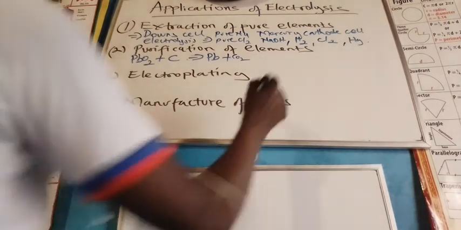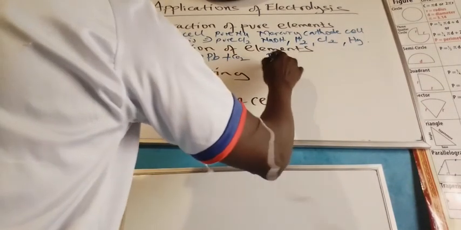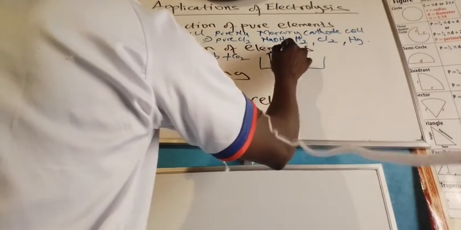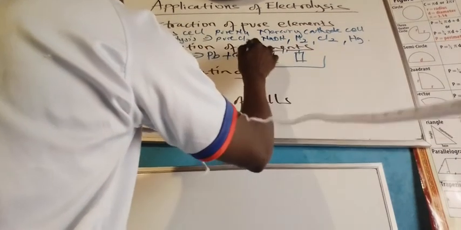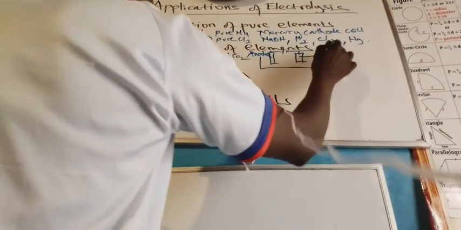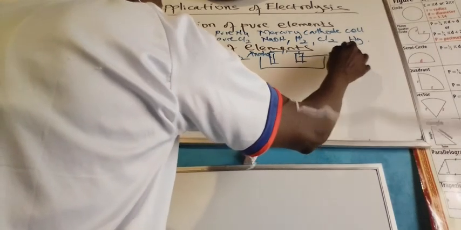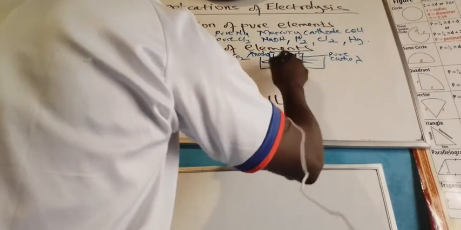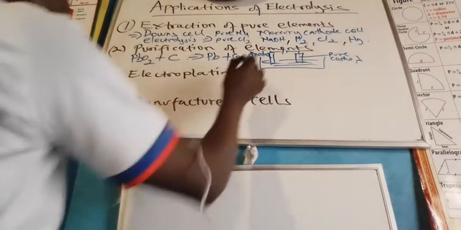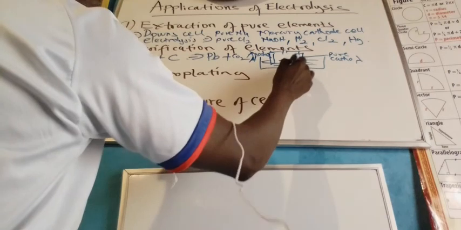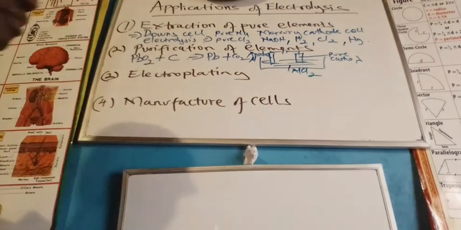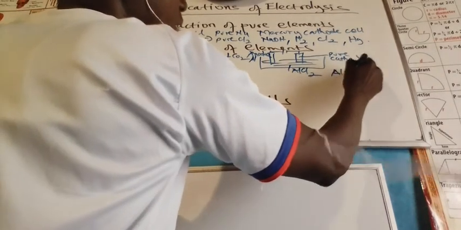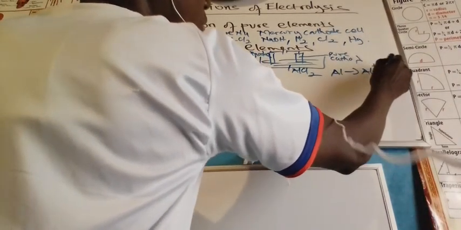Whenever you have an impure agent and you want to use the electrolytic process in its purification, you place the impure agent at the anode and attach a pure agent of the same form at the cathode. Use an electrolyte that has the ions of that element. For example, should this be aluminium, then we could have aluminium chloride as electrolyte. And the impure aluminium will dissolve in solution to give us aluminium ions, which will